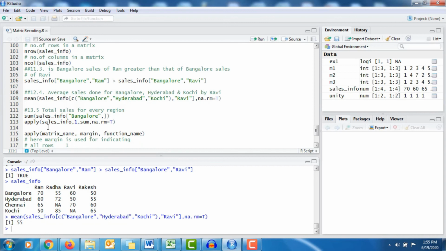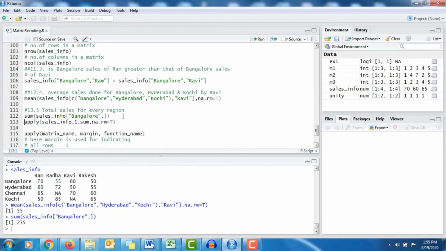Otherwise, you can use the rowSums function. But before that, if I access the Bangalore element and apply sum, it gives me 235. Similarly, if I try finding it manually by using the sum function, it will take a lot of time. For 4 regions, 4 times I have to write this with the relevant region.